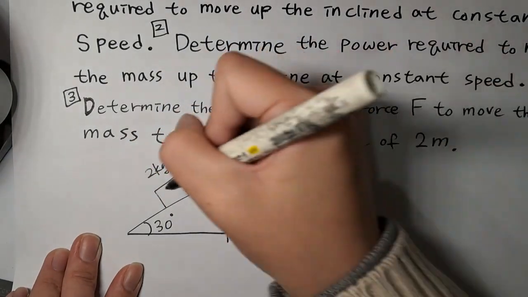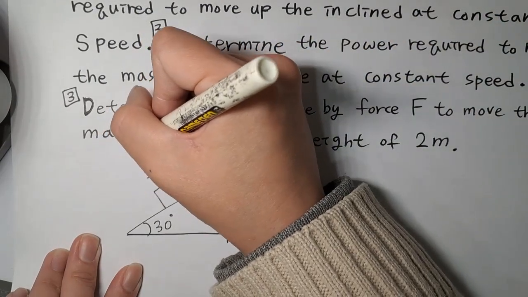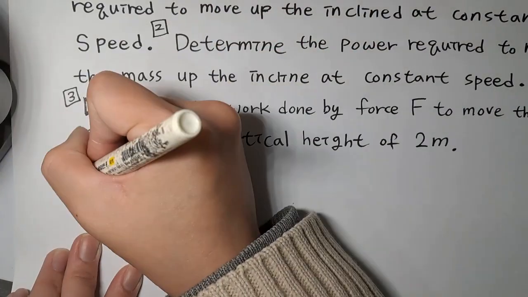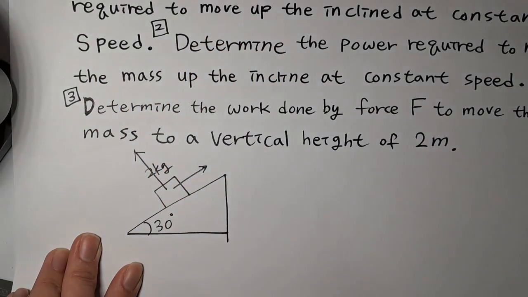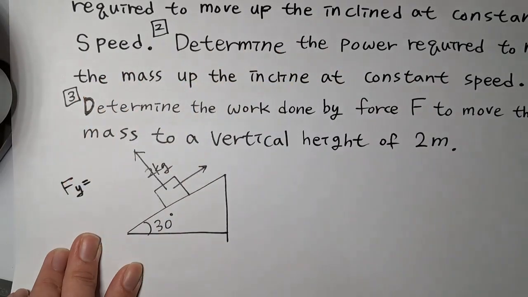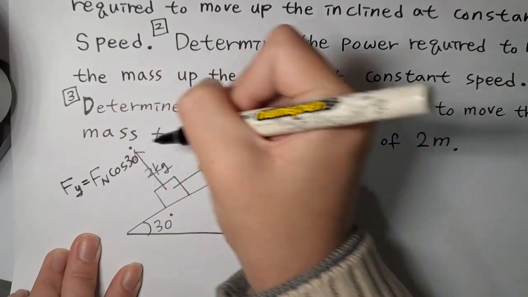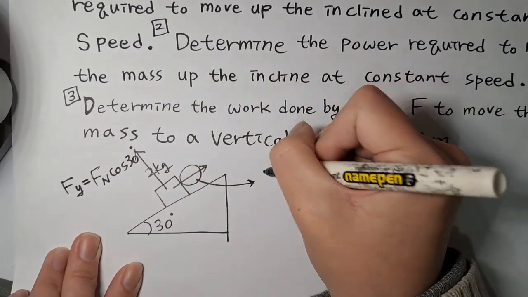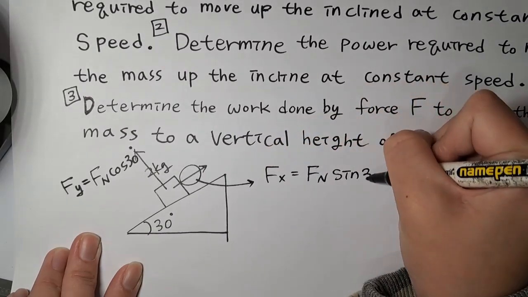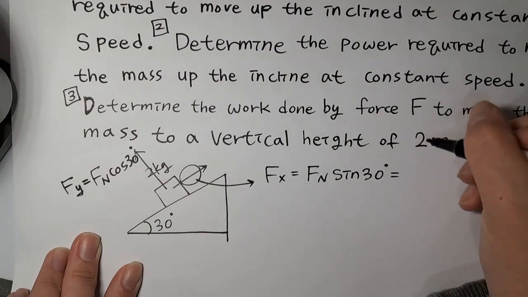So you can find the free body diagram, and this is, and this is, and we are going to find this, then